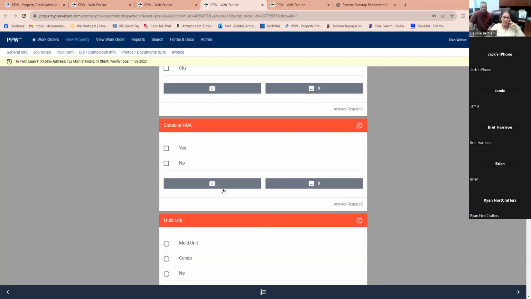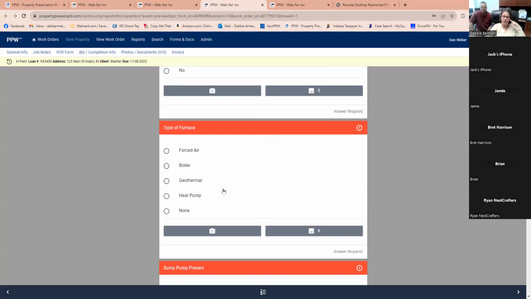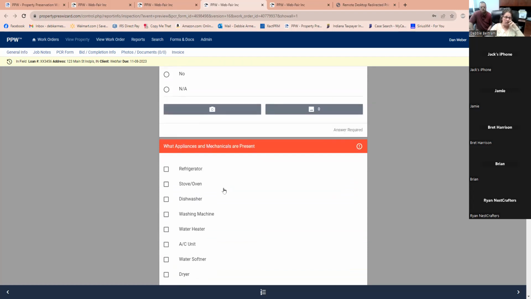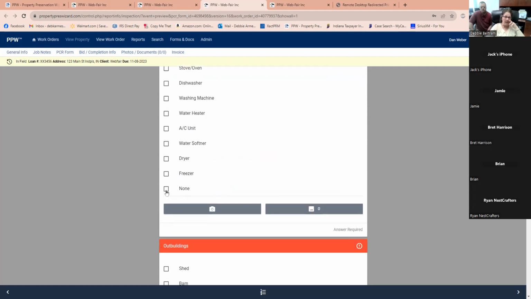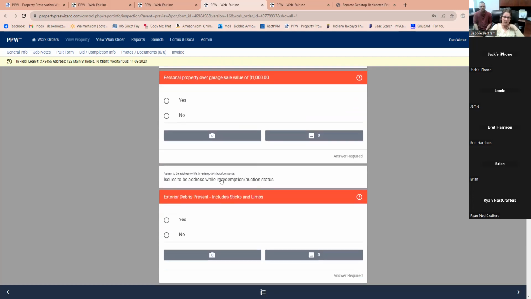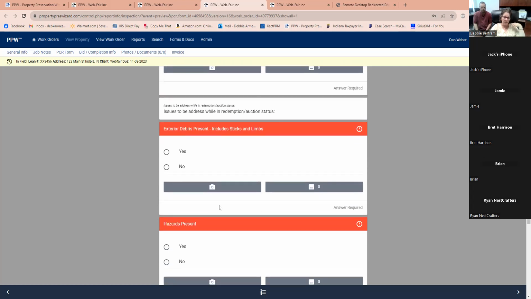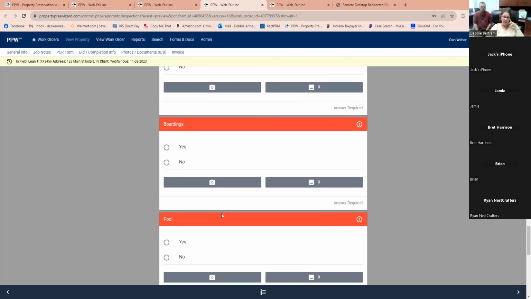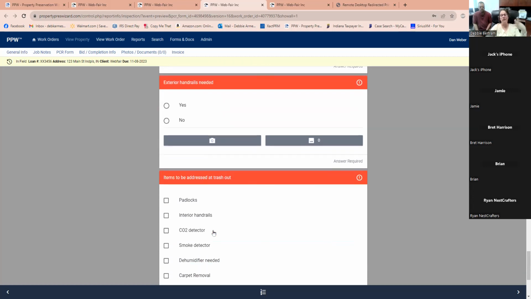If it's a condo, multi-unit condo, or neither. The type of furnace, or if there isn't a furnace, none. Sump pump present, appliances and mechanicals present. If there are none, click on none. If there are any outbuildings, any personal property, is there exterior debris present, including sticks and limbs? You'll click yes. Hazards present, you'll click yes. There's a roof leak, boardings, the pool. So just different things that you'll need then,